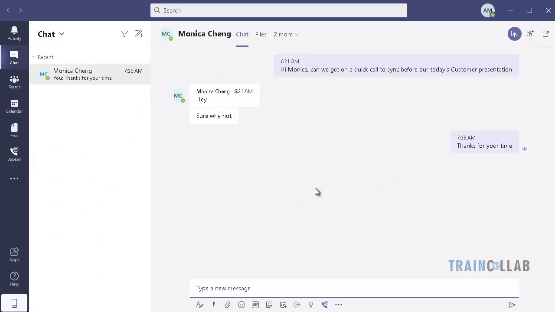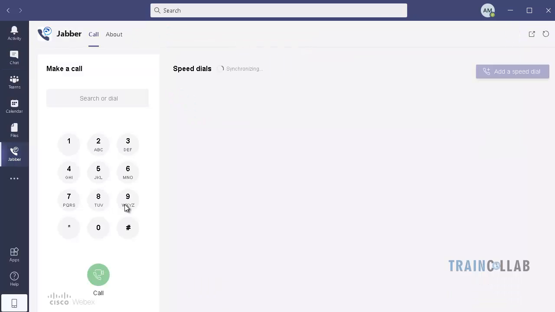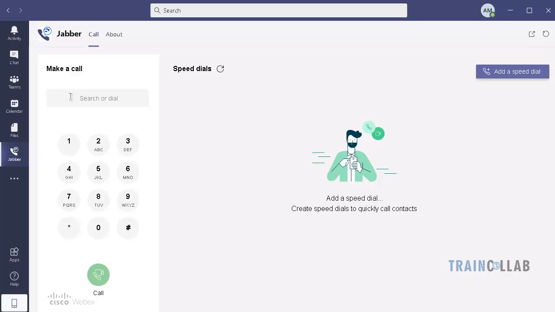I believe the directory numbers are not correctly syncing between Office 365 and Cisco Unified Communications Manager. We'll just go ahead in Adam McKenzie's Cisco Jabber, and I will manually dial the number